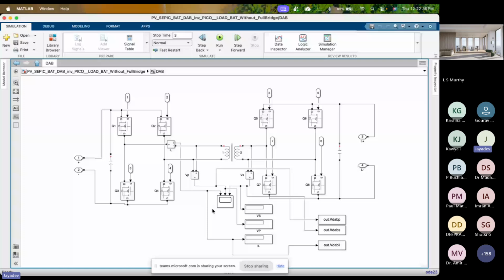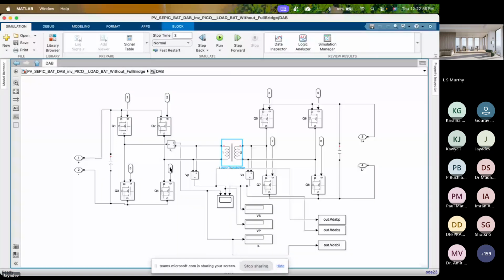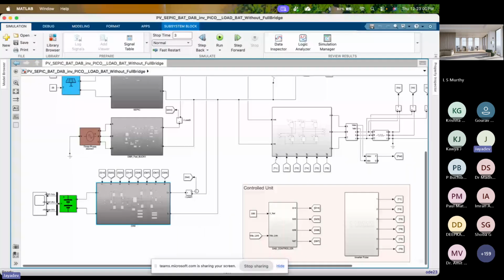This DAB converter is already shown here in the transformer. That leakage inductance is incorporated inside the transformer. You can see here 48 microhenry is incorporated. That's why it's not showing outside. So from this DAB converter, we have connected to the DC link, and from the DC link,